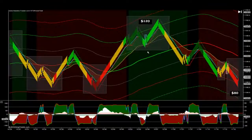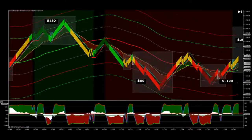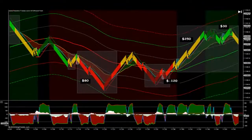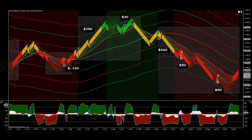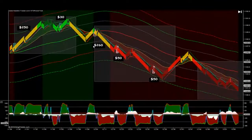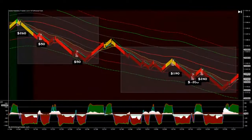You can see conditions were right. We had a signal long, $120, and then over here we had an $80 trade to the downside, $120 loss, as the market took another bounce during the lunchtime dead zone, $250 to the upside, $30 to the upside, but then we started making a nice thrust to the downside, and it was basically a $260 win, a $50 win, another $50 win, and as this market continued to sell off, you can see we had